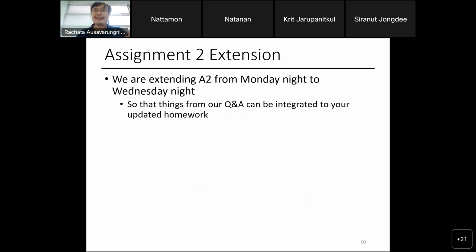Anyone against this idea? Please let me know right now on the chat if you're against the idea. You can send me a private chat so that no one sees it's you. If you are against this idea, during the break you can send me a message saying you are not sure you like the idea of the extension, but otherwise I'll assume that everyone enjoyed this.